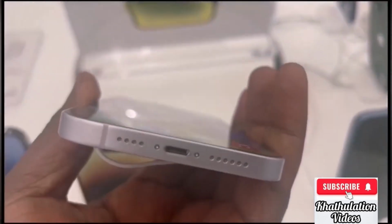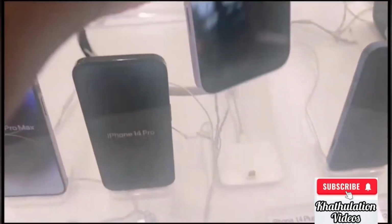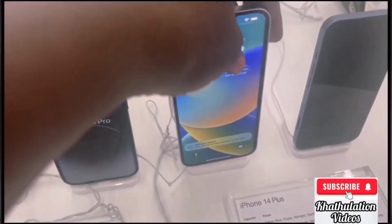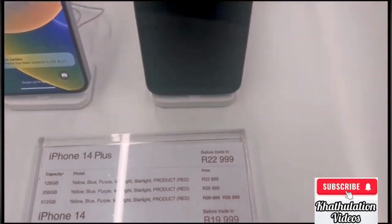I haven't held them side by side in comparison, but it is big, but it does not have the dynamic island, which is kind of a loss for me. And then we have the normal iPhone 14. This one does not